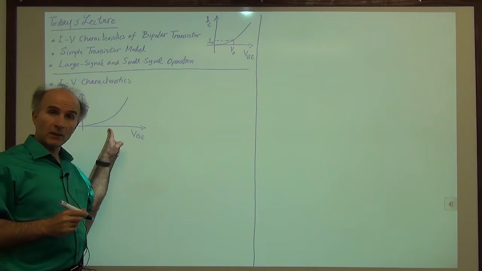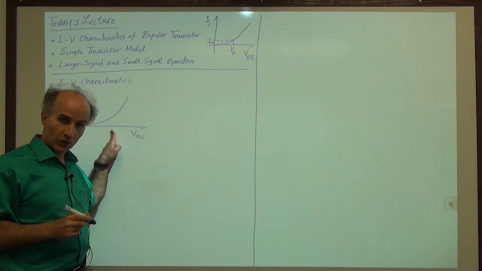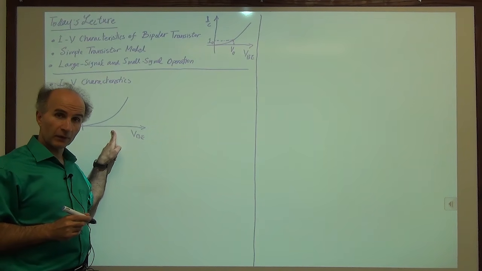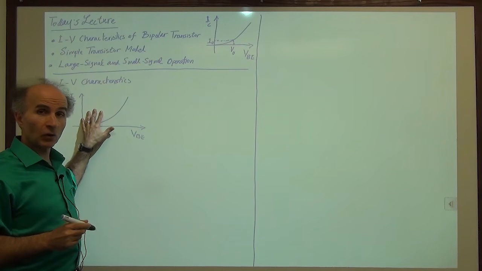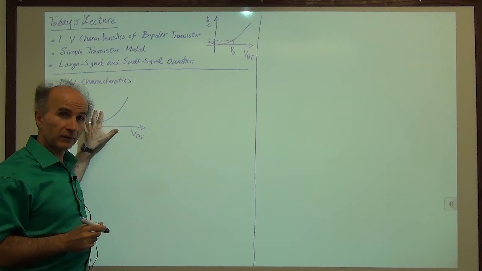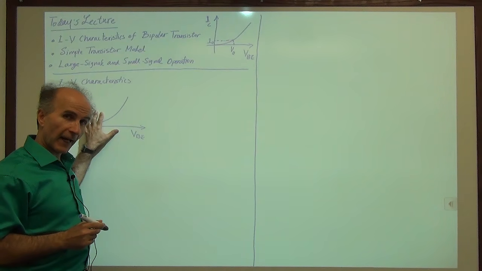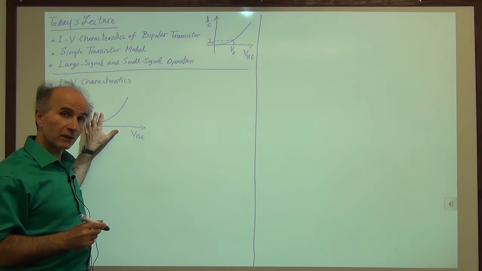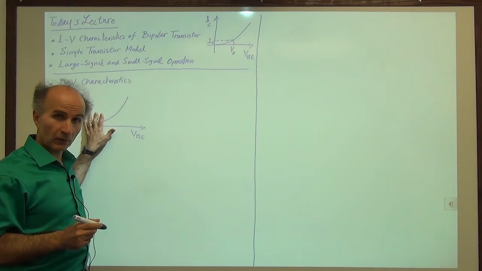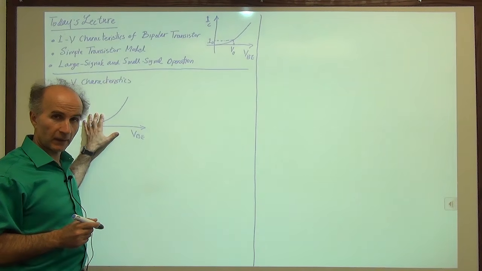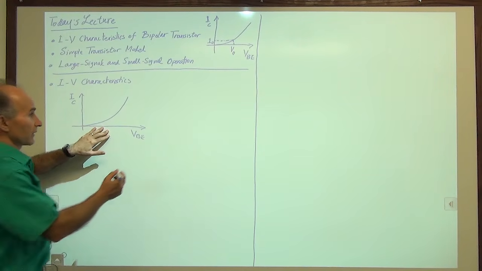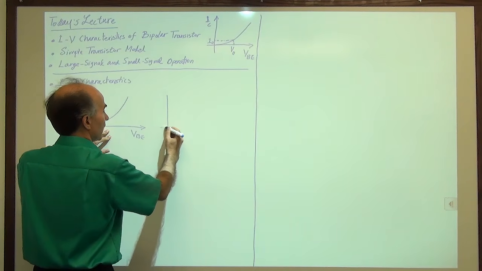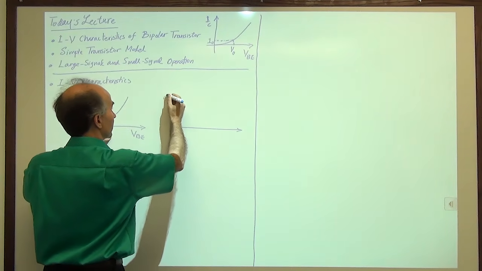In this test, we are varying the base emitter voltage, but the collector emitter voltage is constant. And remember that this model is valid only in the forward active region, meaning that the base emitter is forward biased and the collector base junction is reverse biased, or maybe it has zero bias on it. It is not forward biased. Okay, another characteristic that we had was IC as a function of